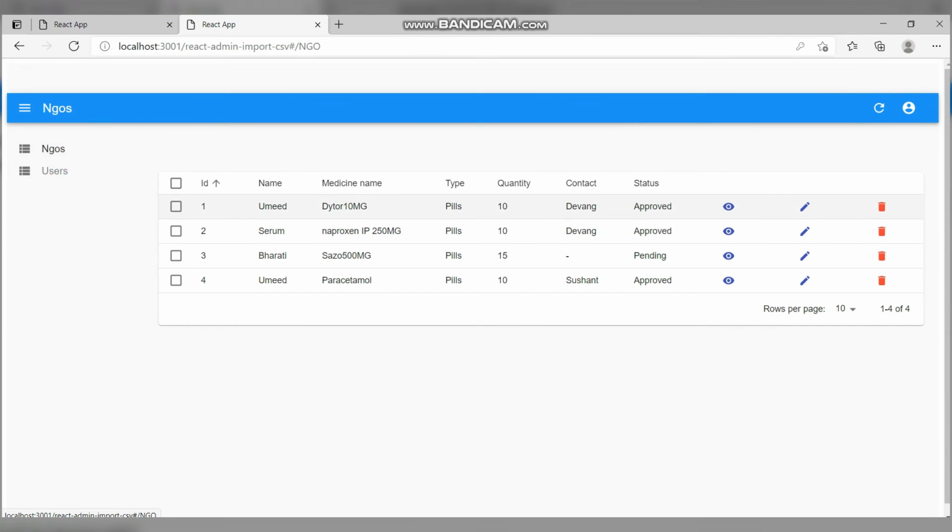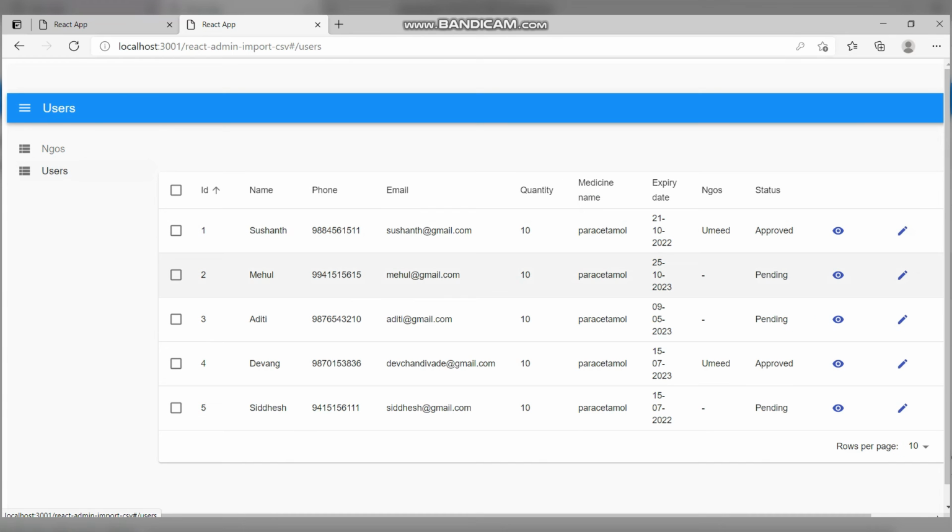These are the NGO names from whom the NGO has taken the medicine, and the status has been approved for both the medicines. In users, changes have been done. As you can see in the NGO column, this particular user is donating the medicine to a particular NGO. Since we haven't found matching pairs for this particular medicine, some requests are still pending.